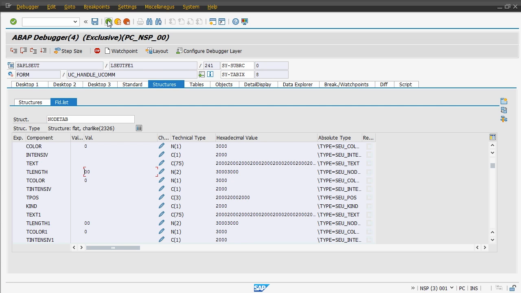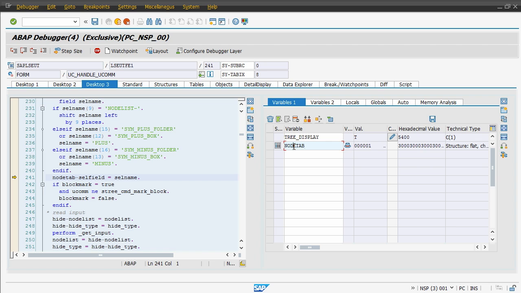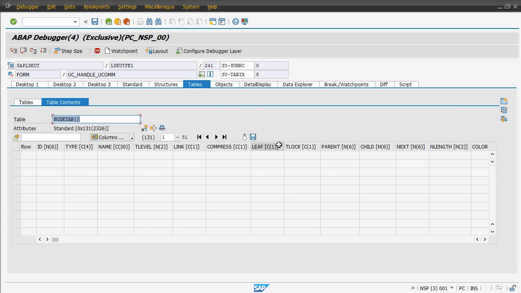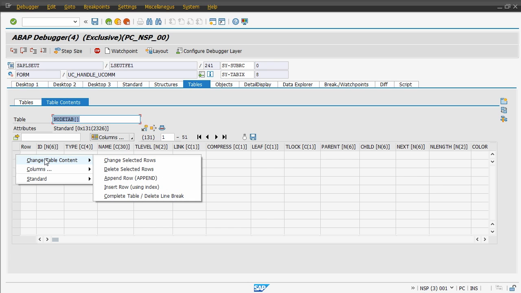And this is also a table, and I have here the link for the internal table. If I click here, I can see this table has the same variables as the structure, of course, and in this case it doesn't have any rows. So I can insert rows. For that I have to right click in this field here, and then I have this menu where I can append rows to this table. So I'm going to append a new row,